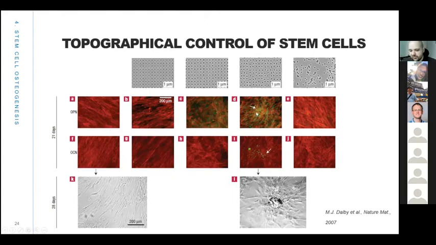So we can see significant increases in these bone markers in green within these two types of patterns. After 28 days, the cells even start to mineralize in the Petri dish, and we can see the formation of these bone nodules, but only in the case of the samples which have got this strong disordered array. And this ties into